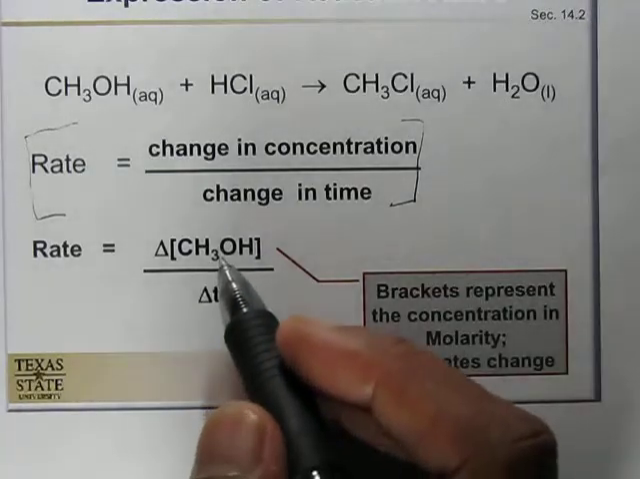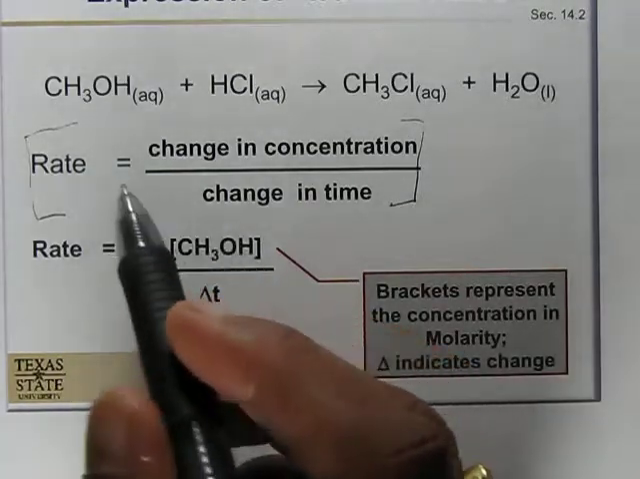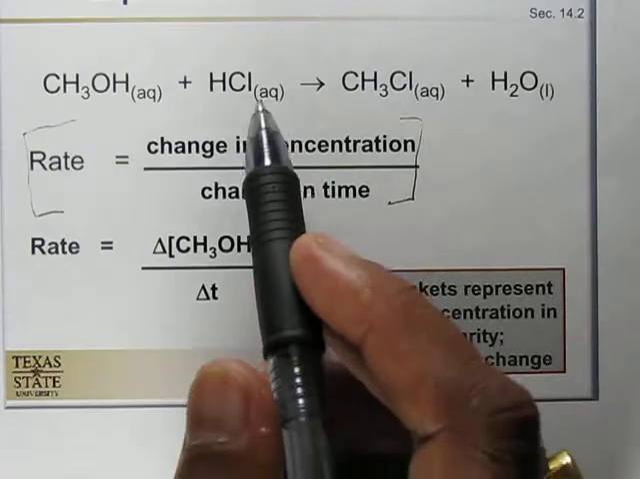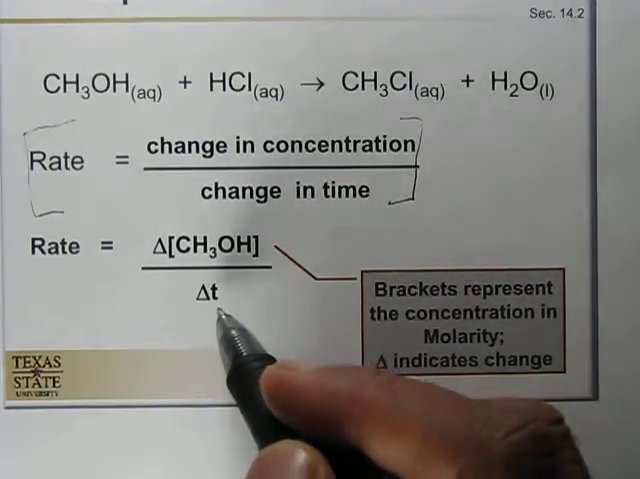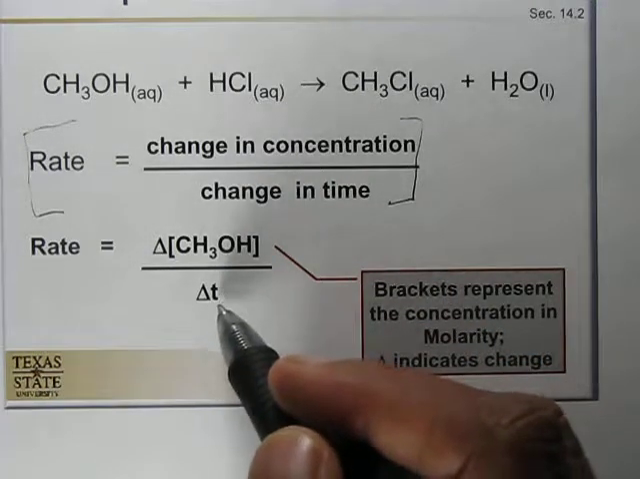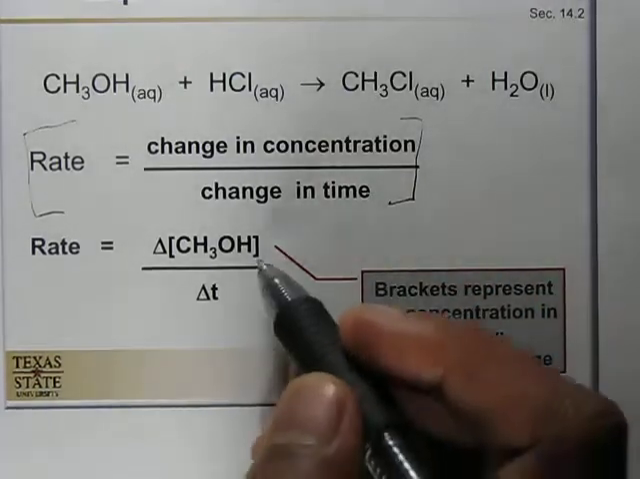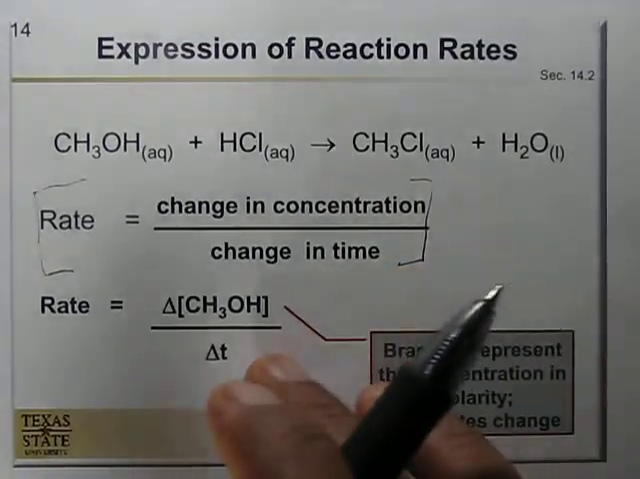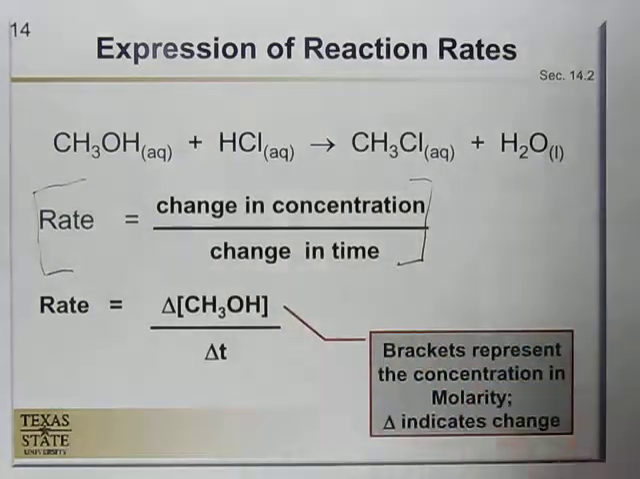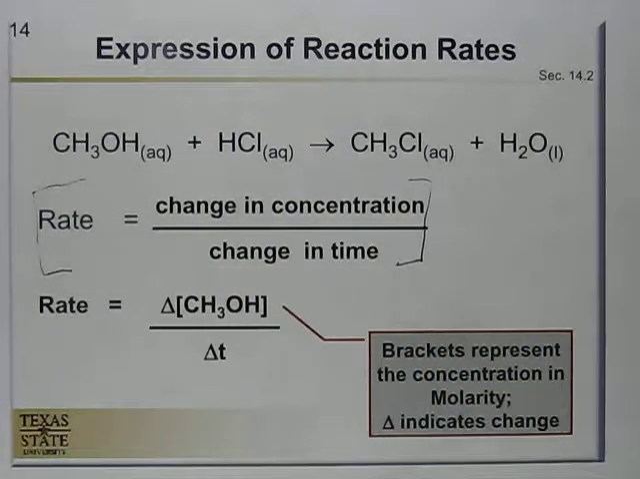So we have to write how much the molarity changes from a certain time to a certain time, divided by delta T. So this is the basic expression: change in molarity divided by time. Let's talk